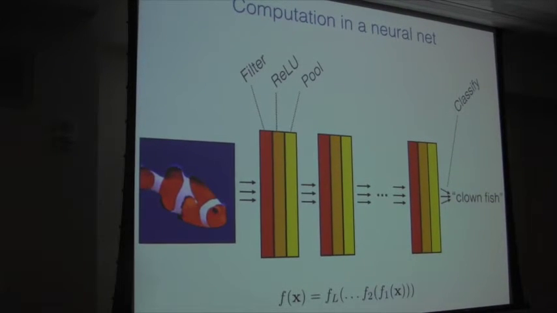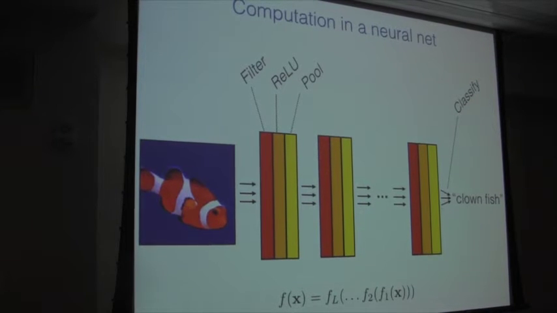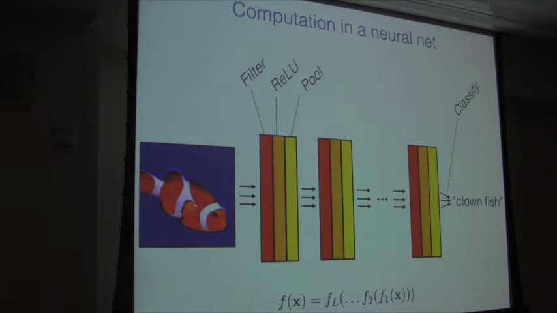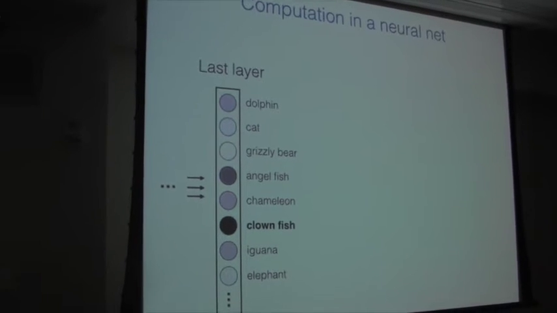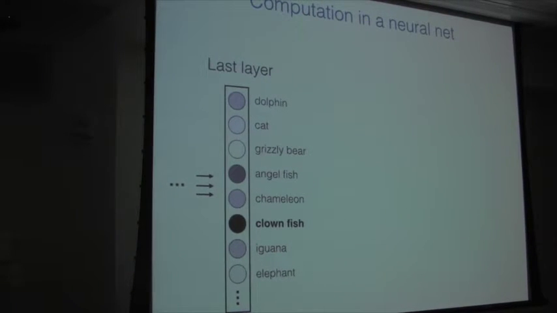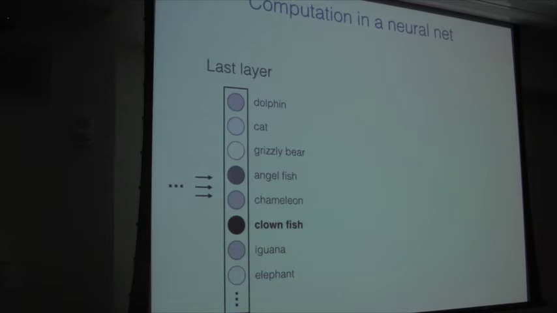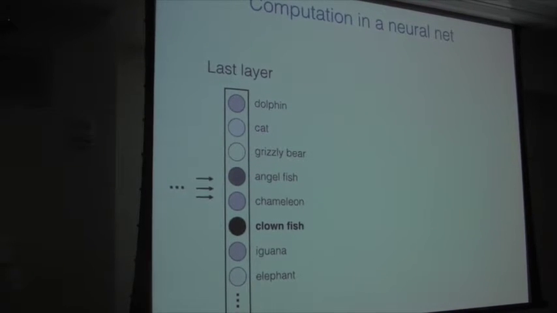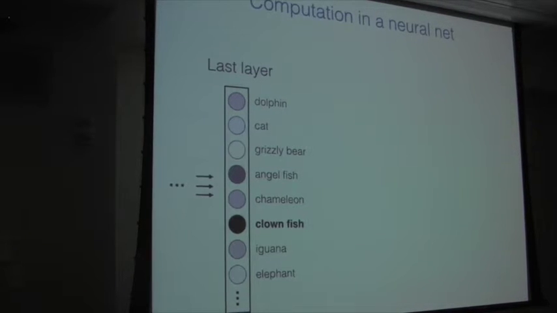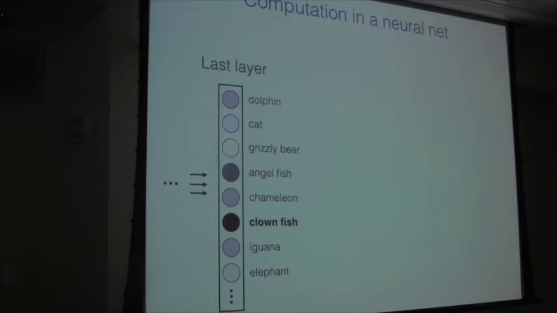Okay, so before we talk about how you actually learn this, this is just describing how the network performs some computation. But the whole point of these networks is that you have to teach it what kind of computation it should be performing. So we have to actually learn these. But before we do that, let's see how we finally map it back to clownfish. How did we come up with that label? So what you have to do here is you have to take your final neurons at the very output, and you have to somehow assign some meaning to them in order to map them onto a real problem. Suppose the last layer is a vector of neurons, and they have fired with some level of activity